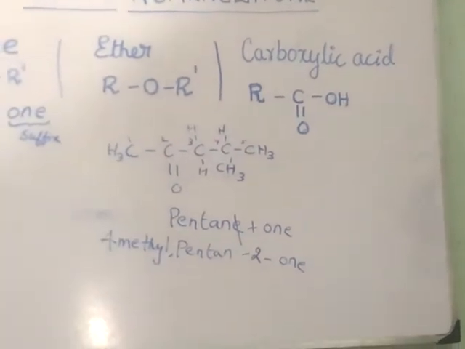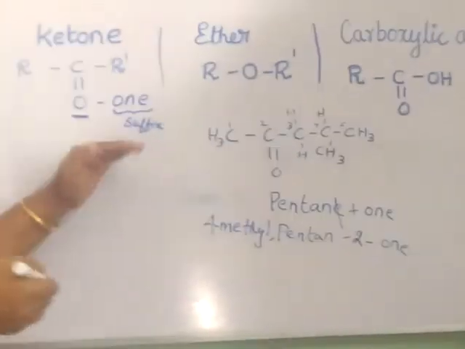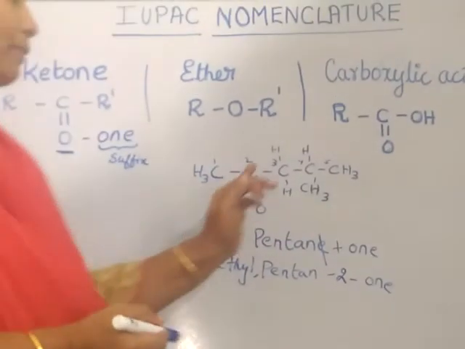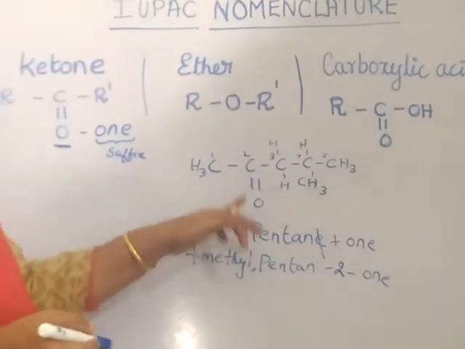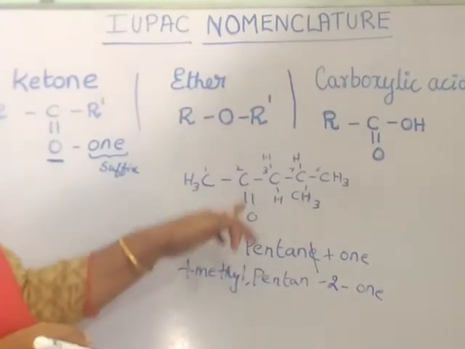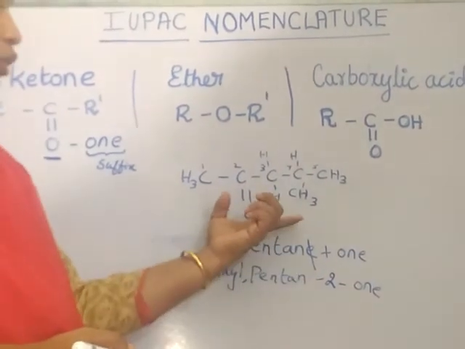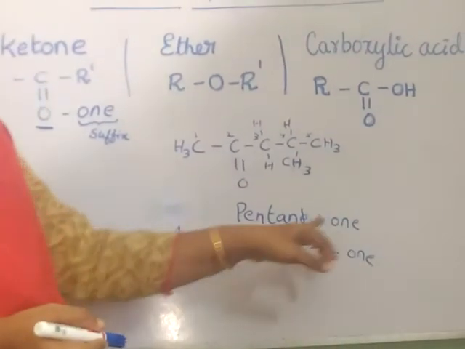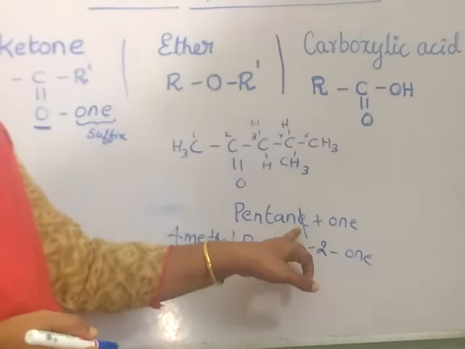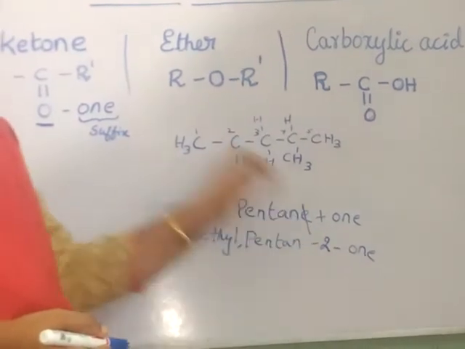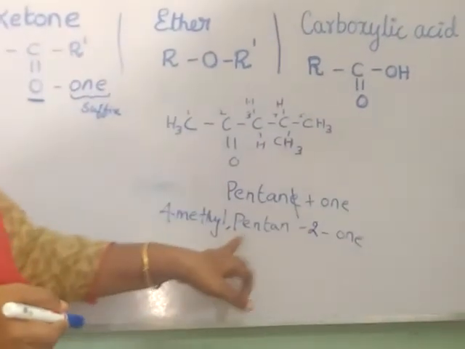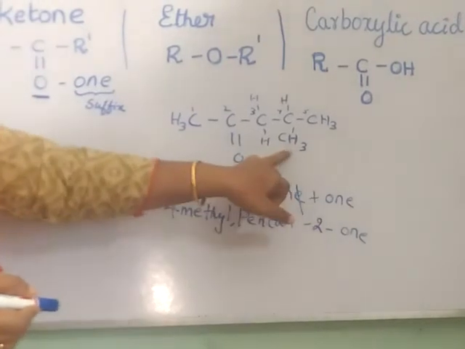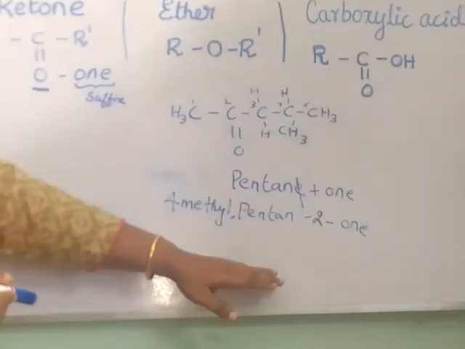I am repeating, the suffix for ketone is one. So, for naming it, you have to name in such a way that C double bond O gets the lowest number possible. Here you write the root word, and plus one you have to add. So, 2 vowels are there, you are cancelling E. Instead of the E, you have to write the position of this. So, it becomes pentan-2-one. Again, I have added a substituent, and now the name is clear like this.